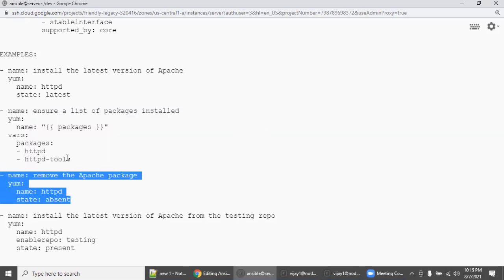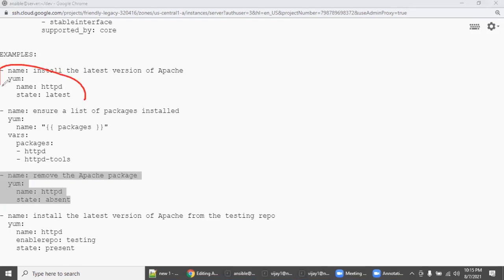So if you are just starting Ansible as a beginner, always start with the examples, because once you get some comfort, then you can do all the changes, modifications and customizations.